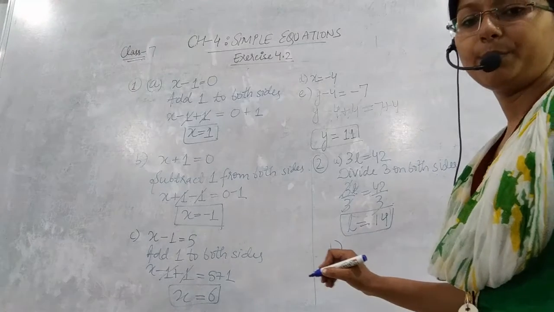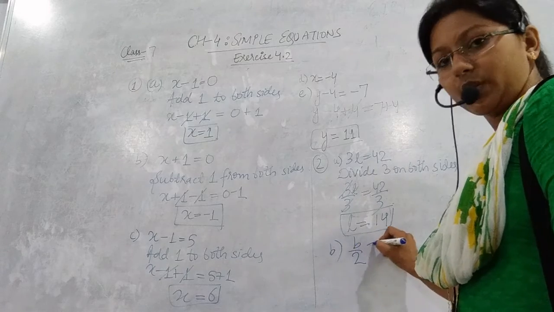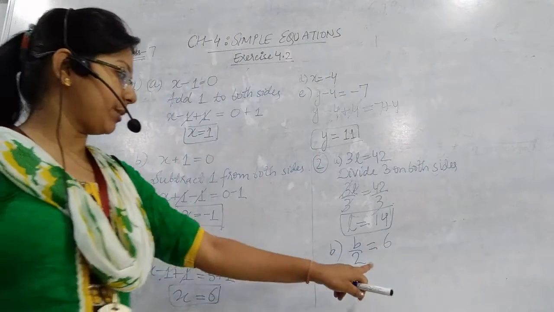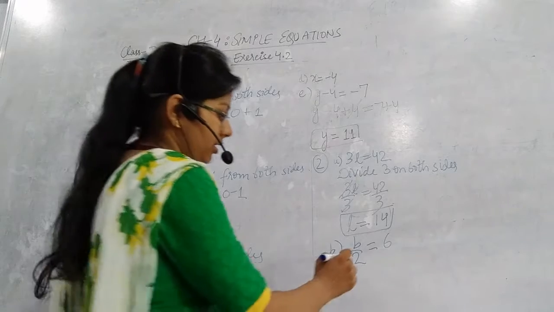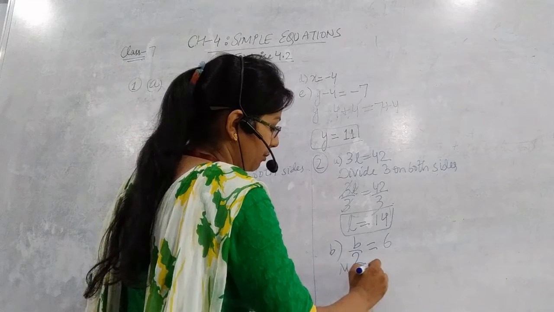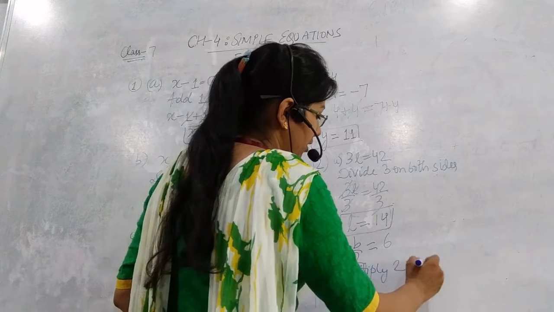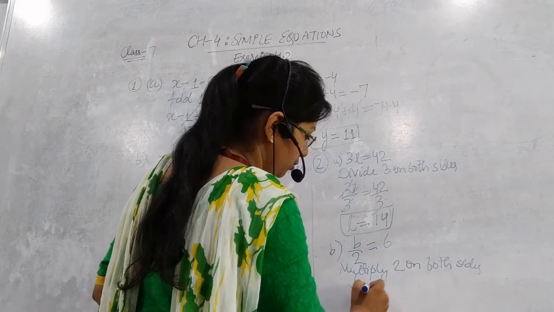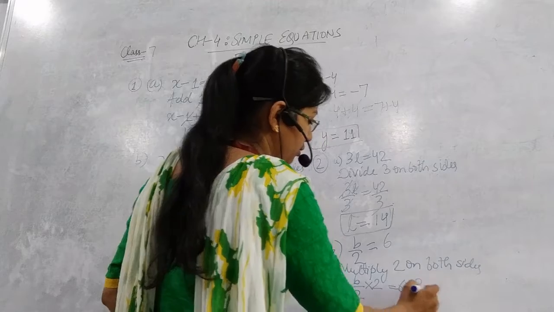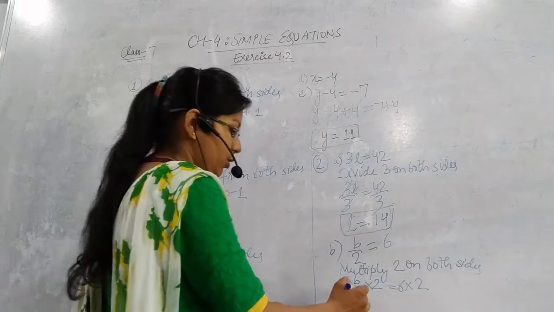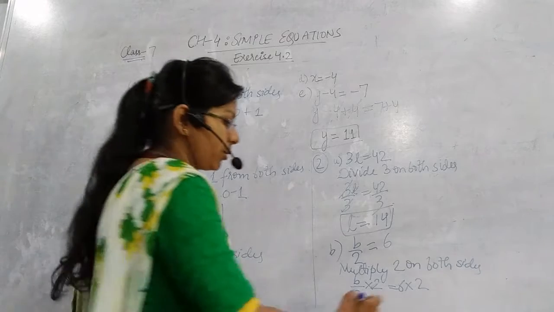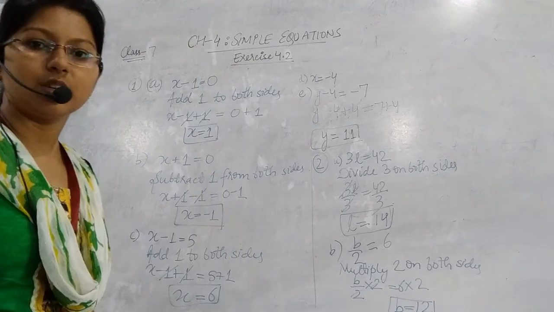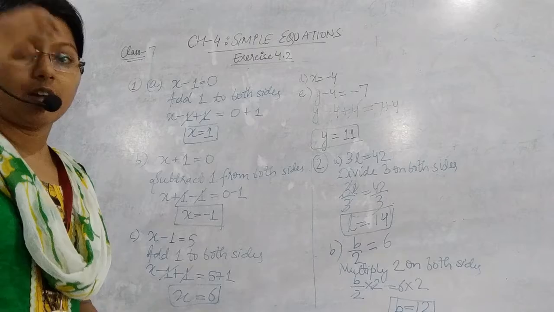ओके, ये आपका मल्टीप्लाई का सम था। इसके अंदर नेक्स्ट इज B पार्ट, यू कैन टेक। B में क्या है, b upon 2 is equal to 6। Okay, now since I have to separate this 2 from this variable, this is in divide, what I will write, multiply 2 on both sides। ठीक है, जाएगा b by 2 into 2, 6 into 2। Okay, here 2 and 2 will be cancelled out, तो हमारा क्या बचा है, b is equal to 12।